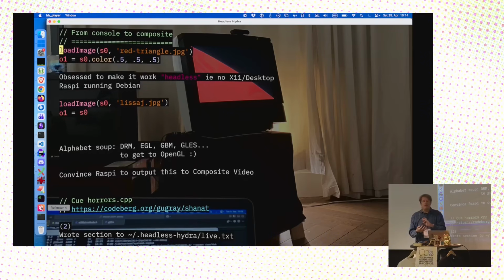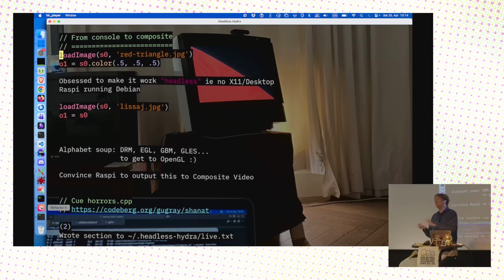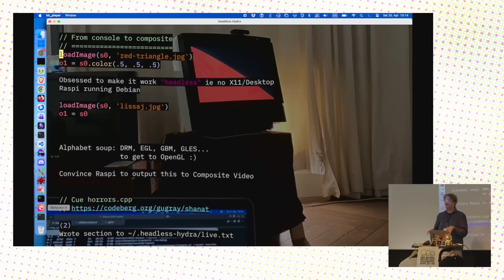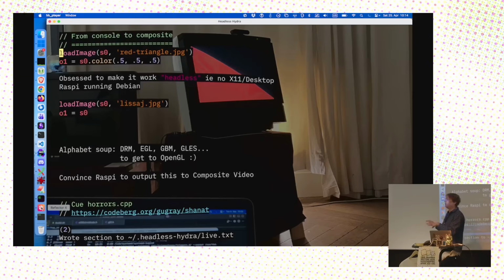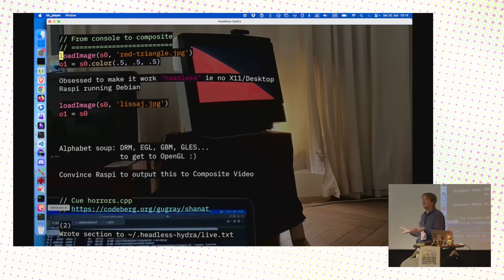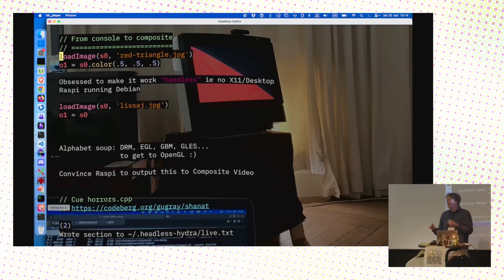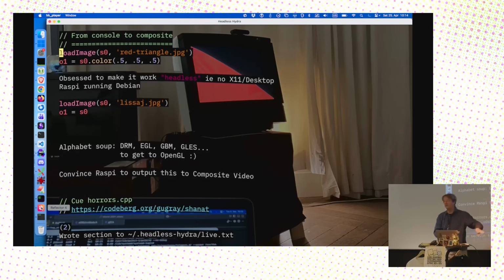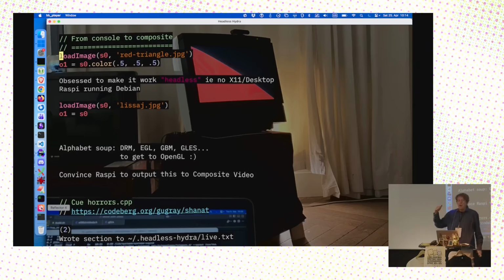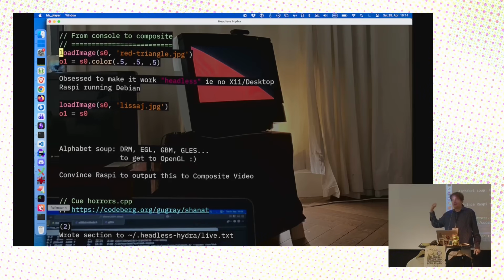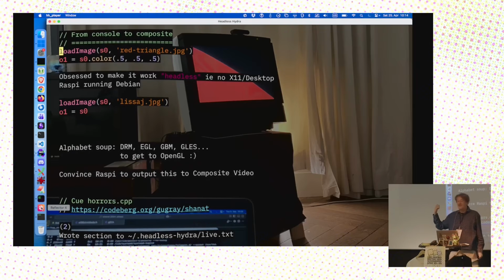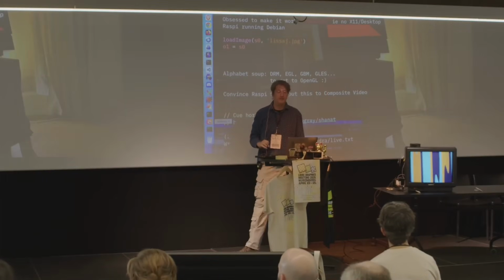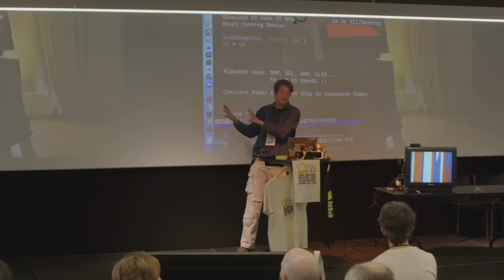So I wanted to make this work without a windowing system. I wanted to start something from the command line on a Raspberry Pi with an operating system that has no X11, no GNOME, no nothing, and come to a point where I can execute a shader and output it through composite video to the screen. And this is the moment at our studio in Prachtsaal when late on a Saturday evening, while a show was going on in the other half of the venue, I got it to work and I got the fabulous, famous